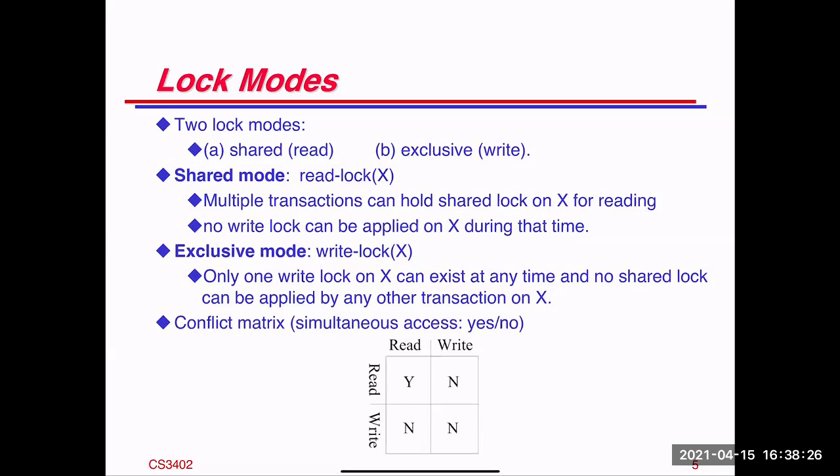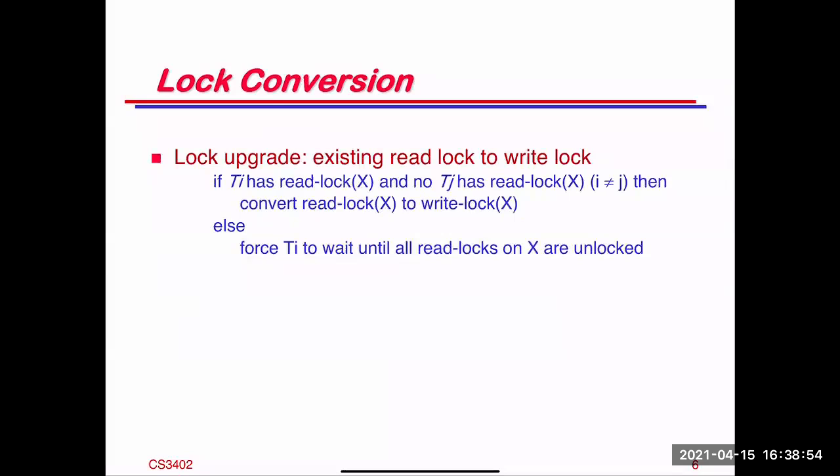Down here we have this conflict matrix, which summarizes this discussion. The entries in the matrix tell us whether simultaneous access is allowed. Multiple transactions can hold a read lock, but as soon as one of them has a write lock, then no one else can hold any other lock on that item. Now, in some cases, I need to upgrade a lock. For instance, I might have first acquired